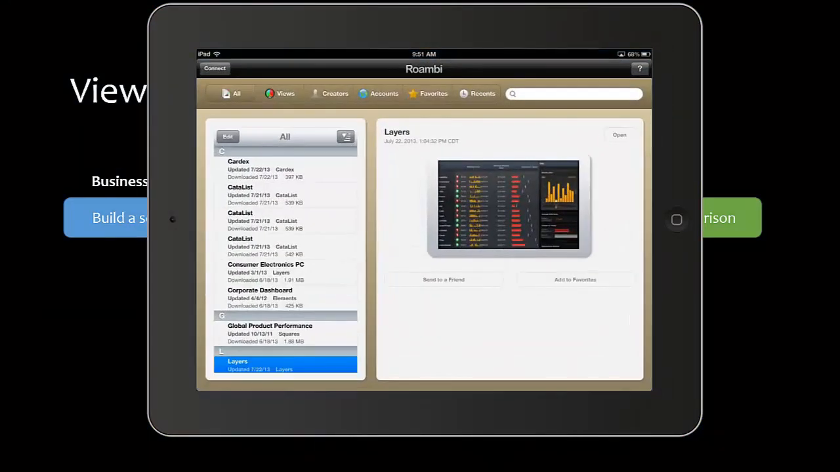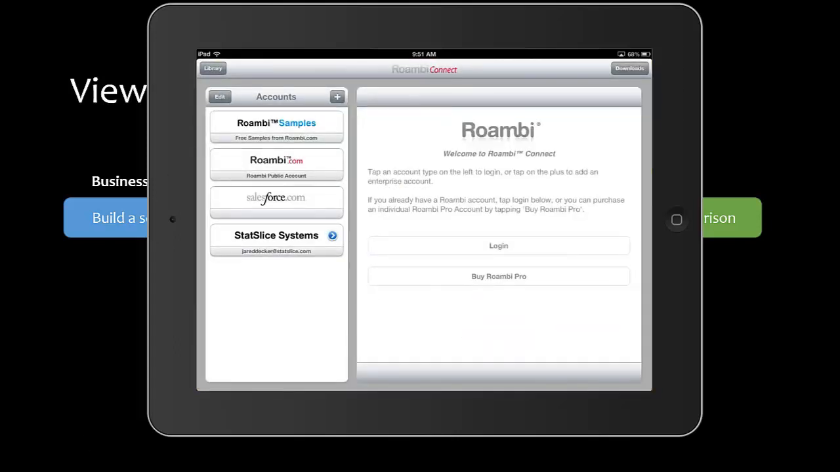By the way, I'm going to show you something that could be done at any time. I'm going to click the Connect option up top, and I get the list of services or cloud-based repositories that are accessible to me based on my security. I'm going to go into the StatSlice systems repository,